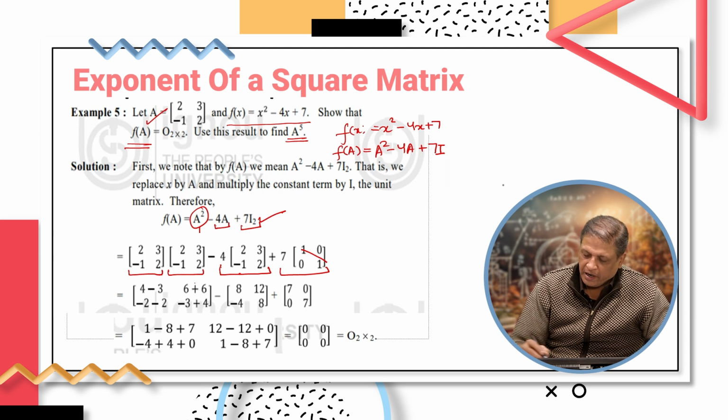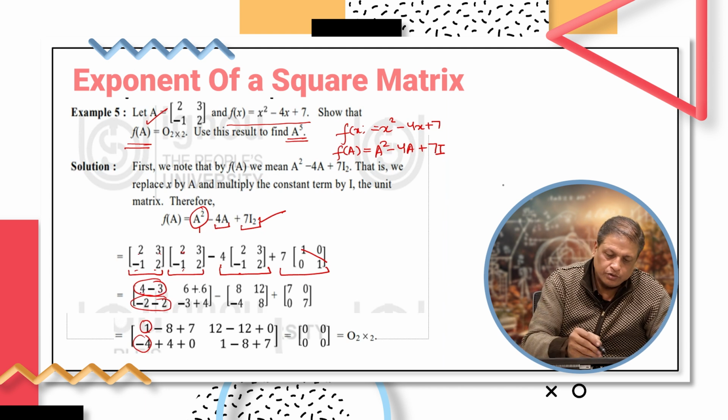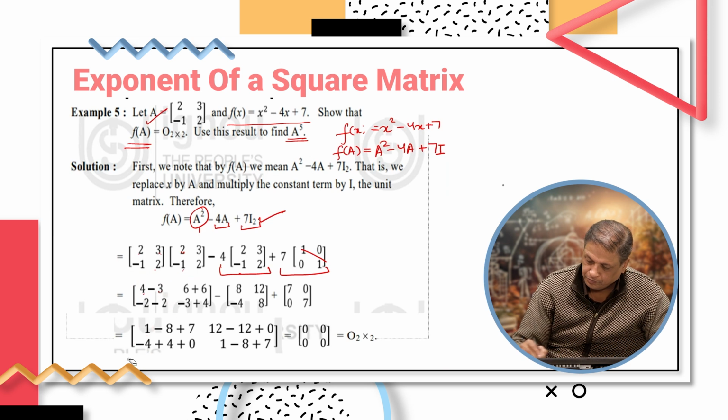Now performing the matrix multiplication for A square. First value: minus 1 into 2 is minus 2, 2 into minus 1 is again minus 2. So both are to be added. Minus 2 plus minus 2 is minus 4. So this is 1, this is minus 4. 3 minus 4 minus 1 is 3. So similarly, you can get the values for A square,